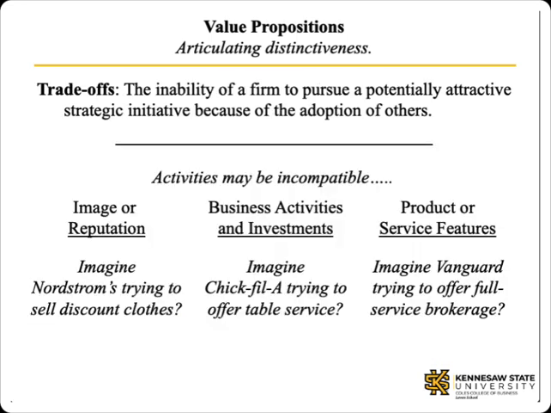The differences inherent in the choices between low-cost and differentiation strategies and broad and narrow competitive scopes, as well as just about any other strategic decision, highlight the trade-offs that firms must make when developing their strategies. Trade-offs are similar to opportunity costs in economics that arise when an actor can expend resources only once, so the choice to use an asset in one way precludes alternatives. Trade-offs in strategic management arise when pursuing one set of strategic initiatives precludes the pursuit of others, even if they would be attractive in some way.